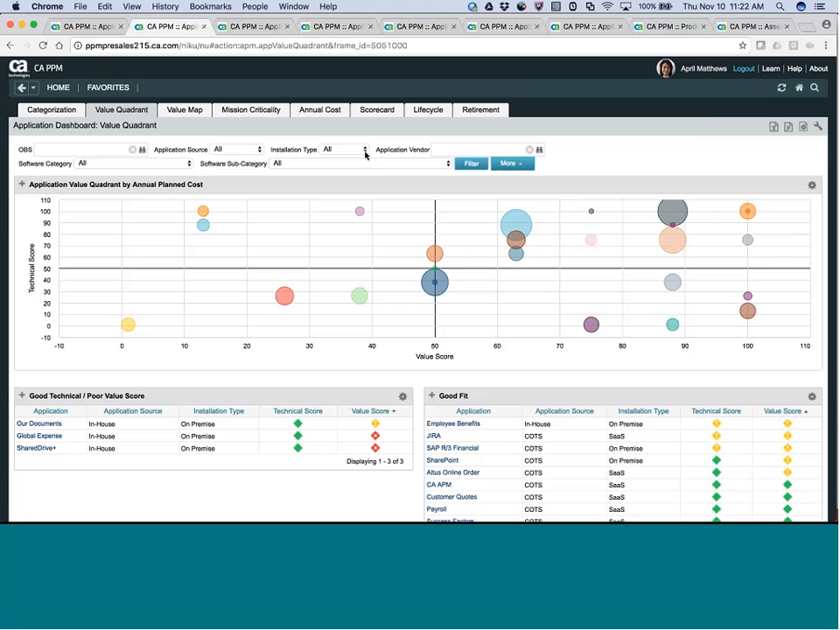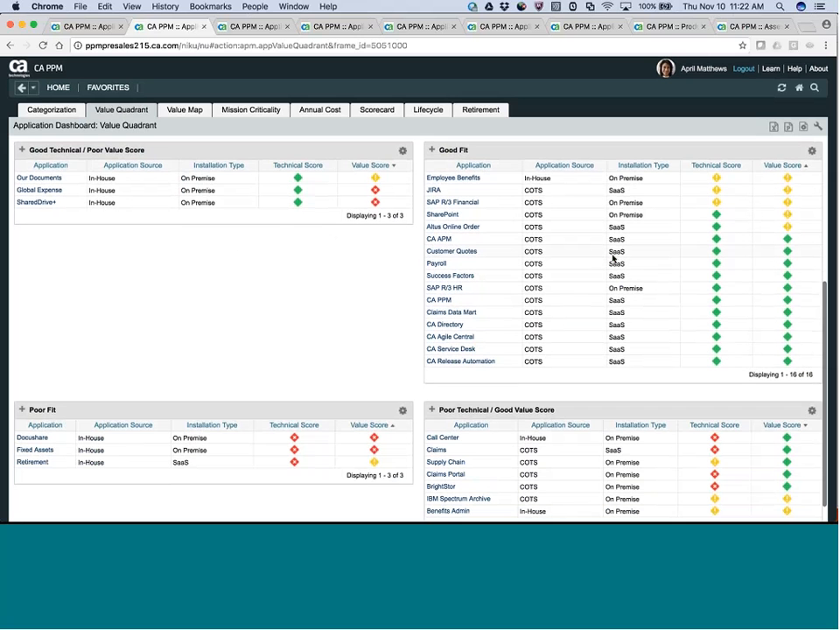But you could also look, if you want to filter just for the on-premise apps and say, in this analysis, we're not going to focus on anything in the cloud. It allows you to do that. So you can really hone in on the applications that you want to focus on. And if you scroll down, this view also shows you those 4 quadrants in a table view. So you can quickly see what are the applications that fit into each of those